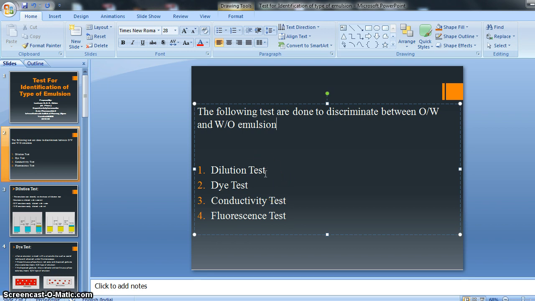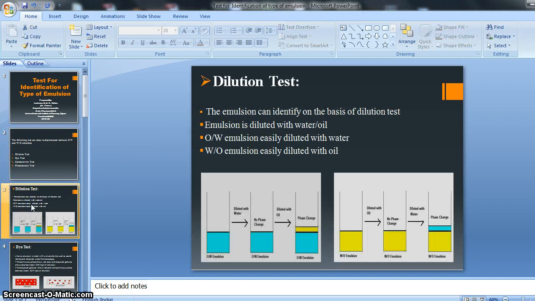First of all the dilution test, then dye test, then conductivity test, then fluorescence test. This topic is also very important from the point of view of the final exam. So let's begin with these tests.